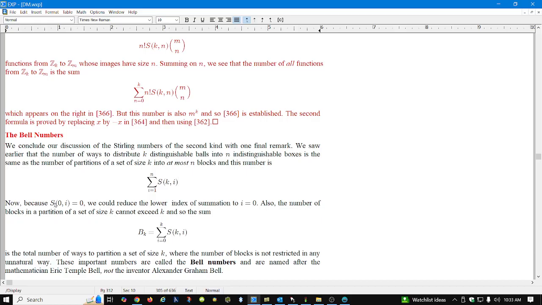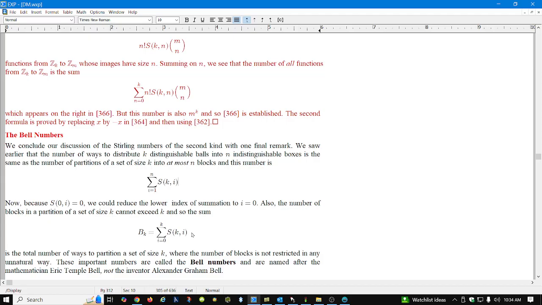Because S(0,i) is 0 by convention, we could drop the lower limit of summation to 0 if we want. Also, as to the upper limit of summation, the number of blocks in the partition cannot exceed the size k of the ball set, because otherwise you'd end up with an empty block. So if I kick this up to k,